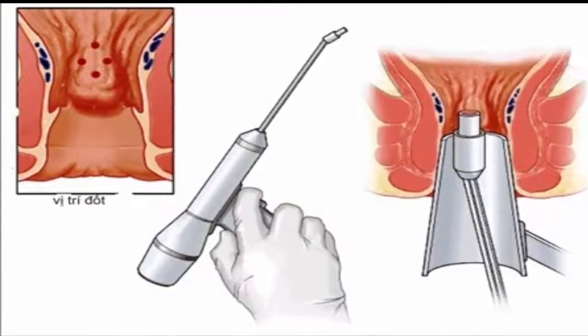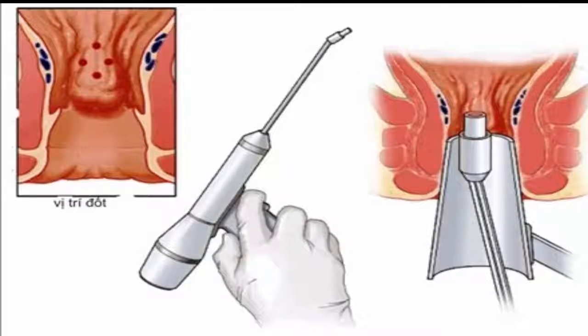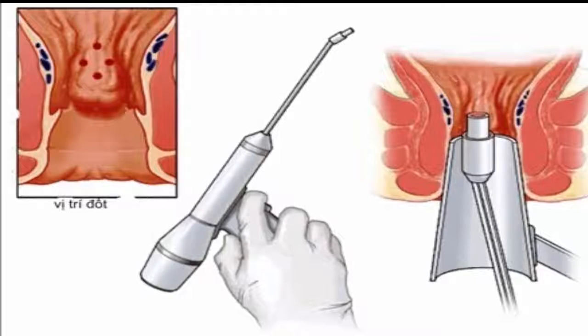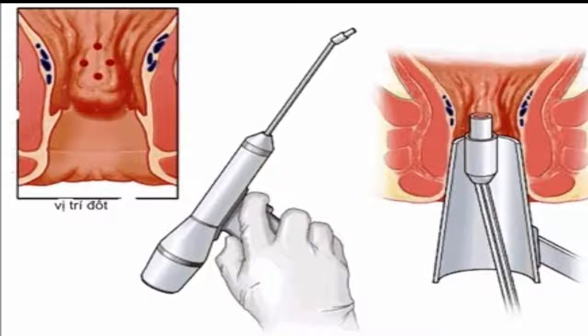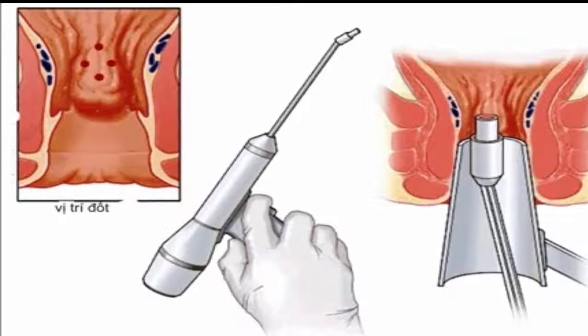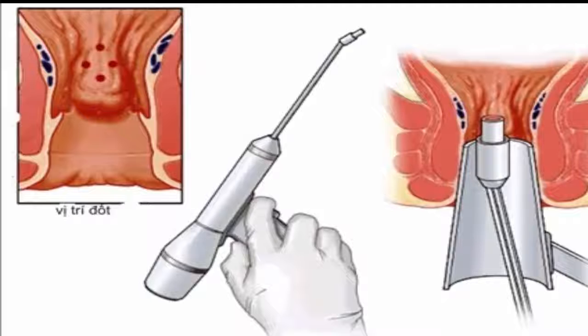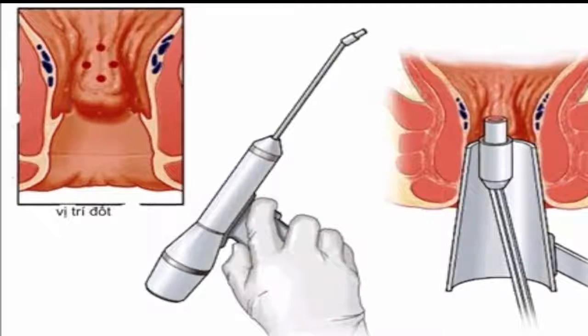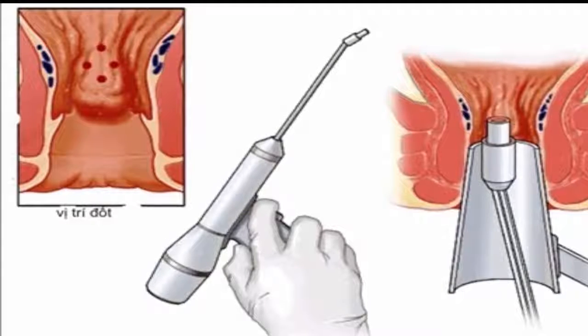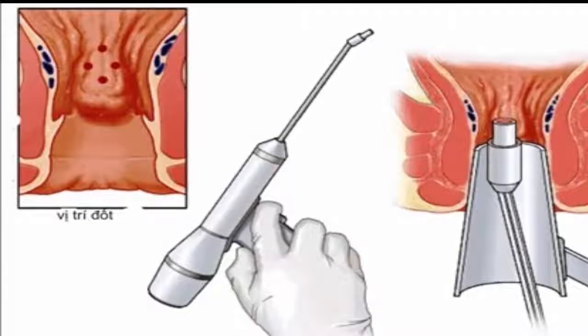5. Investigate coagulation techniques. Coagulation techniques use laser, infrared light, or heat. The procedures stop bleeding in small hemorrhoids and also cause them to scar and shrivel. Coagulation has higher rates of recurrence of hemorrhoids than rubber band ligation. This technique is often used for small hemorrhoidal tissue for which rubber band ligation is not an option, or it